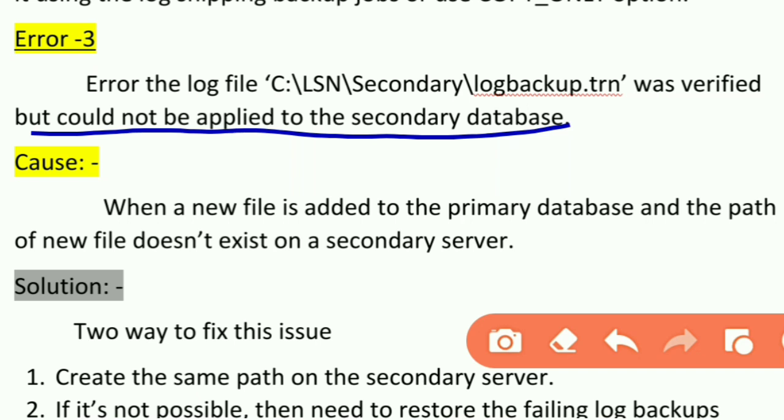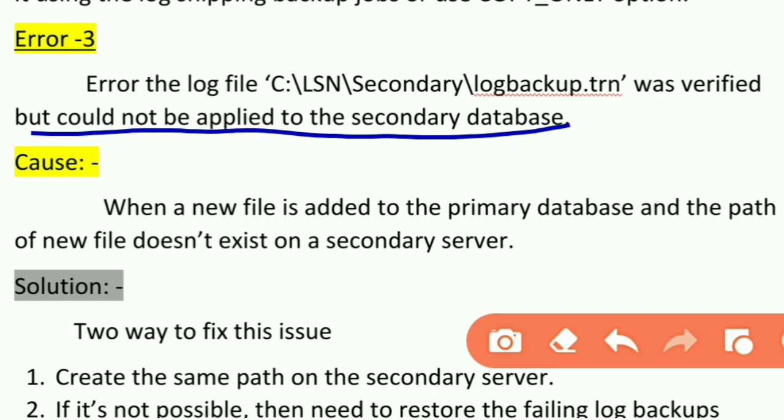The error itself says that. What are the possibilities? Your backup set is good, there is no problem in the backup media, it is verified, but when applying the restore it throws an error. There is a chance of a physical mismatch, maybe in the directory.